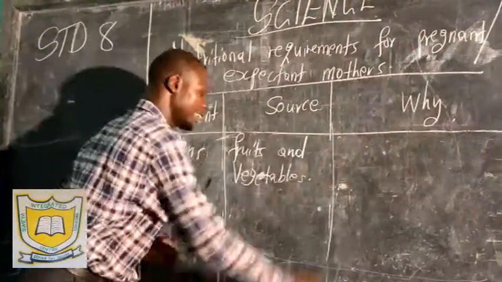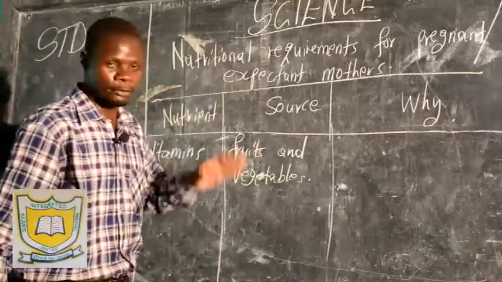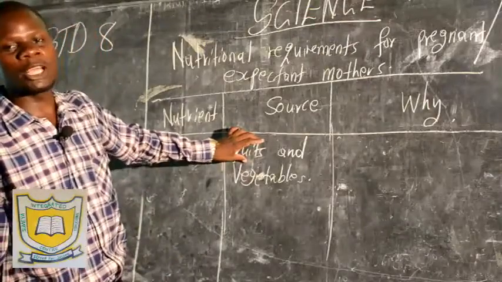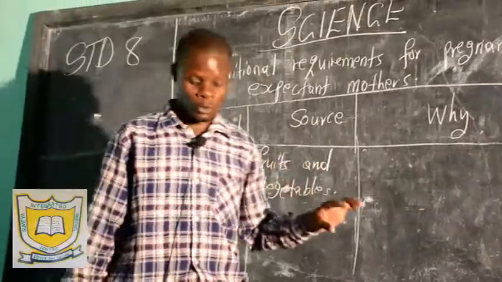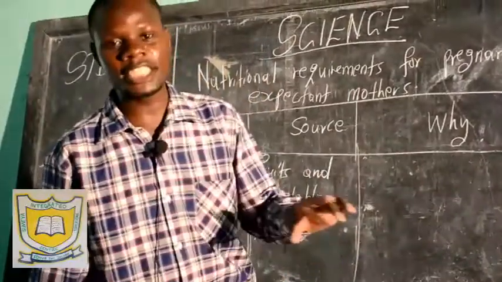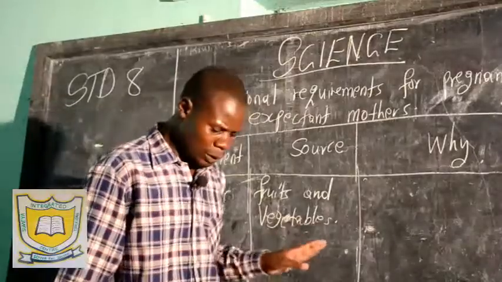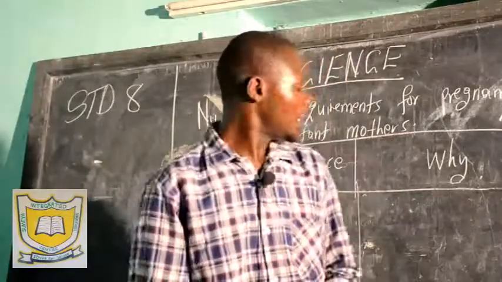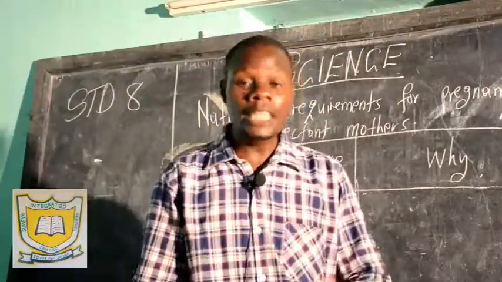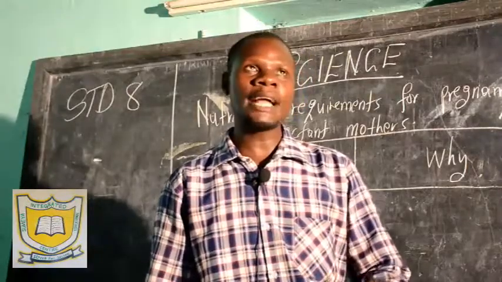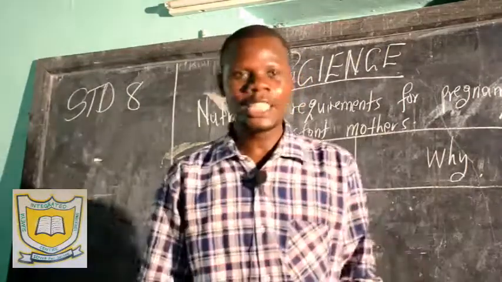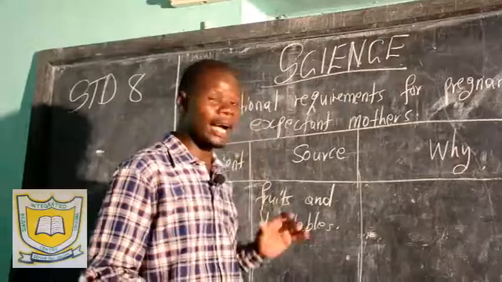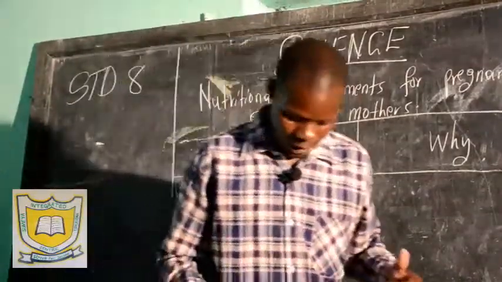When I talk of fruits and vegetables, I know that you can all mention all the fruits and all the vegetables you learned in standard 4. Fruits, we have watermelon, bananas, apples, oranges, guavas, etc. Now the vegetables, we have cabbages, spinach, kales, pigweed, beans and pea leaves, nightshade, pumpkin leaves. There are so many vegetables you narrated in class 4. So you have to go back and know which one is a vegetable and which one is not a vegetable.